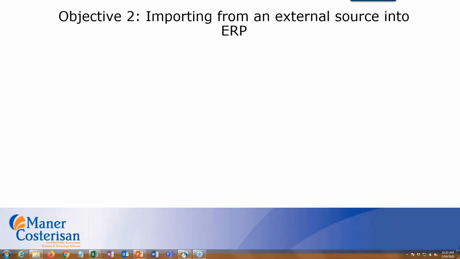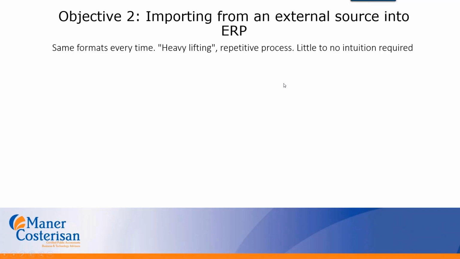It could be a text file. It could be another software that you're using. But taking that data and importing it into your ERP system. So you might say, well, Wes, isn't that really similar to what you were doing before with AP? It's still data migration. Well, the main difference between something that's like raw data from an external source is that